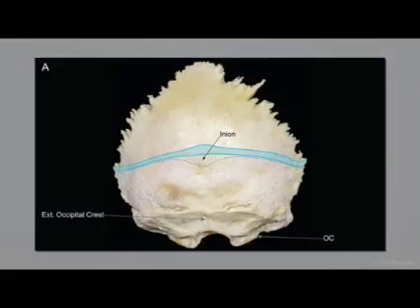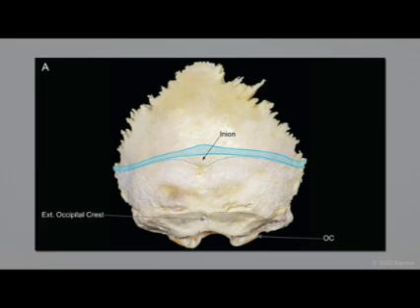This is the extracranial view of the occipital bone. In the midline, we can appreciate the inion, also known as the external occipital protuberance. The inion can be used to anticipate the position of the torcula, approximately 1 cm superior to it in the endocranial surface. At each side of the inion, we can appreciate the superior nuchal line, which is formed by the